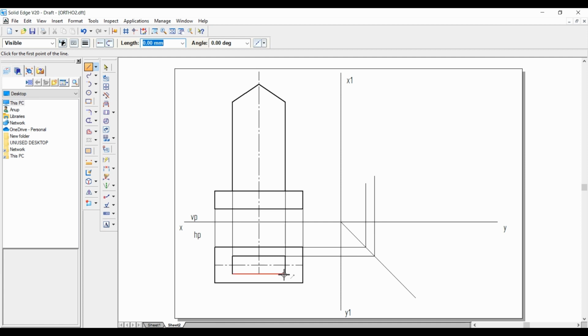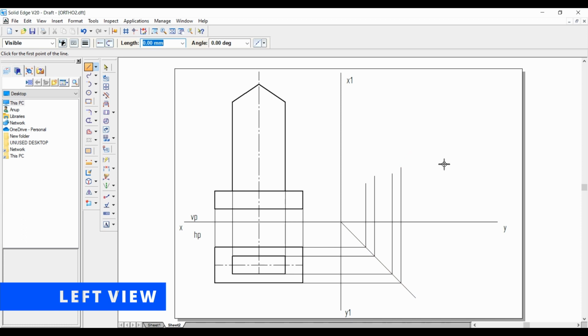Now the third line and then the fourth line. Also, we have to draw this axis line. For that, select the line type, third option. Extend this up to this 45-degree line and now extend this up to this point.